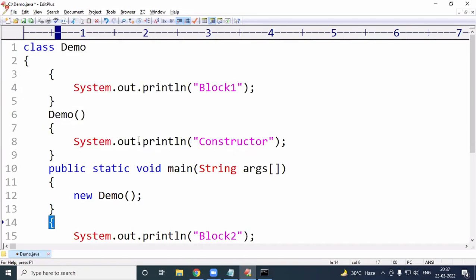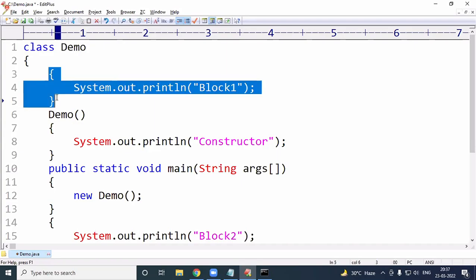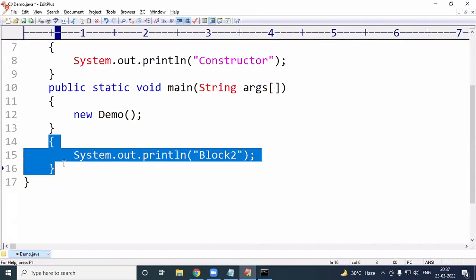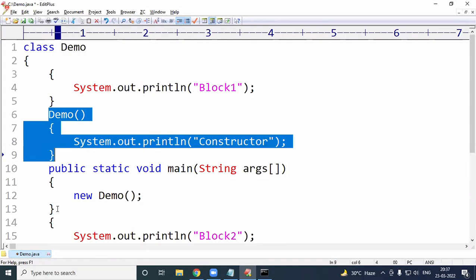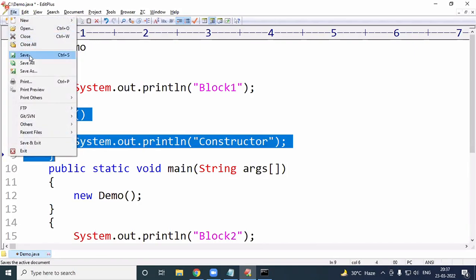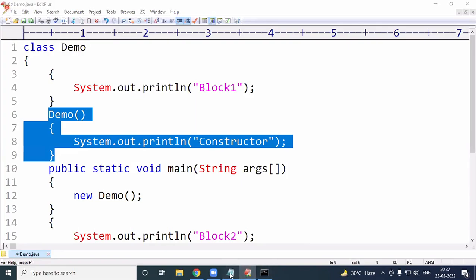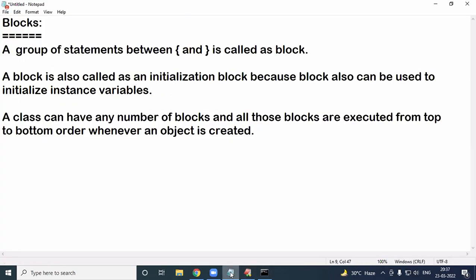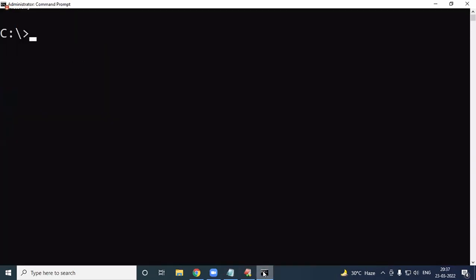So blocks are executed before the constructor only. If I run this program, output: block 1, block 2, after that constructor. Now see, file, save. If I compile, if I run,